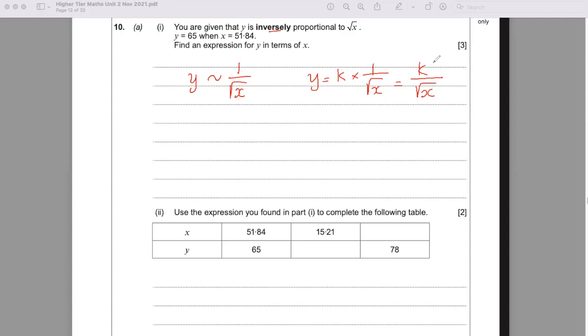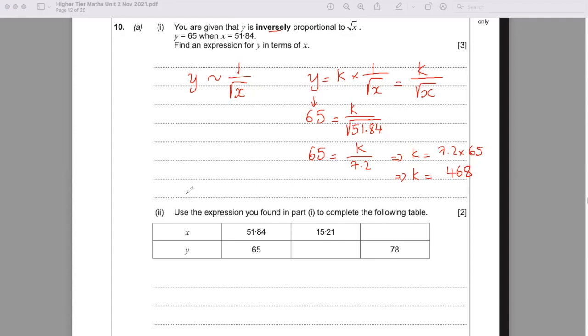But we have to work out what is k. So we're going to substitute what you know. So your y now is 65, and your x now is 51.84. Just put that in your calculator. If you put the square root of 51.84, you get 7.2, so k over 7.2. Then your k is just going to be, like when you solve an equation, when x is on the top, you do 7.2 times 65, and your k will be equal to